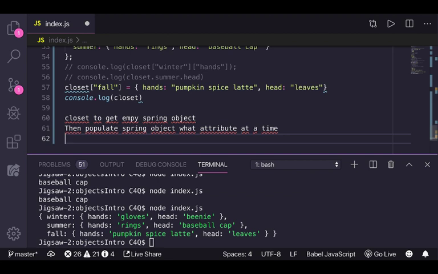Oh, cool. Yes. Same for line 16. That's the